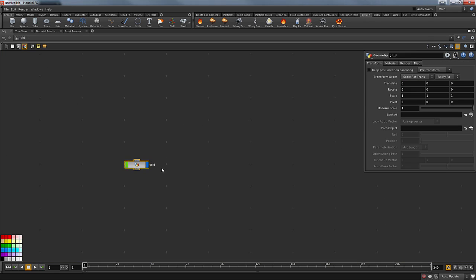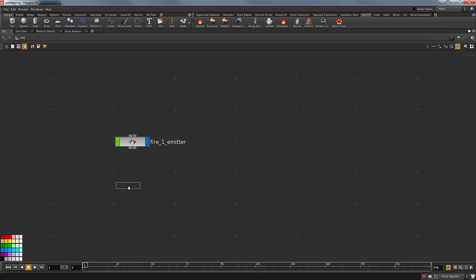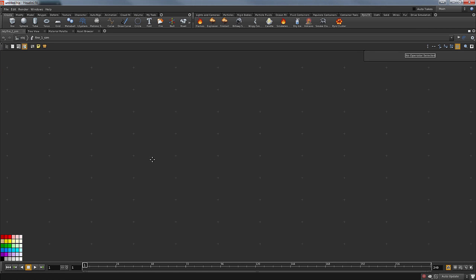So I'm gonna rename this temporary as fire 1 emitter. I will most likely change it later on. So now I'm just gonna bring a DOP network and again temporarily call it fire 1 sim. Okay, so I'm gonna leave everything by default at the object level, and now I'm gonna go in there and